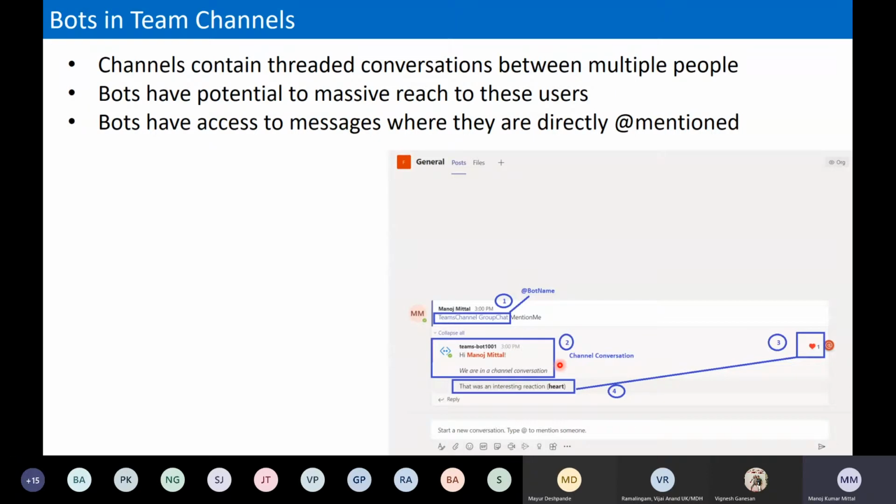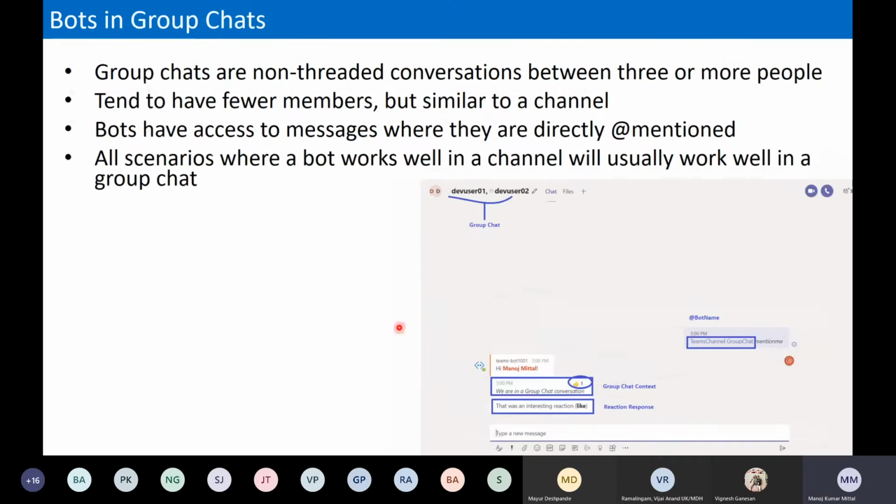And if you need to define a series of messages accordingly, whether this is a one-to-one personal or a Teams channel, we can modify the code or we can define the baselines accordingly. And in another section, for messages, once the reactions come here, we can get the context of that also. Whatever reaction the person is going to give, we can just say, okay, thank you for liking the message. Like that, some auto prompt message we can also put there. So this is in general respect to any type of conversation.